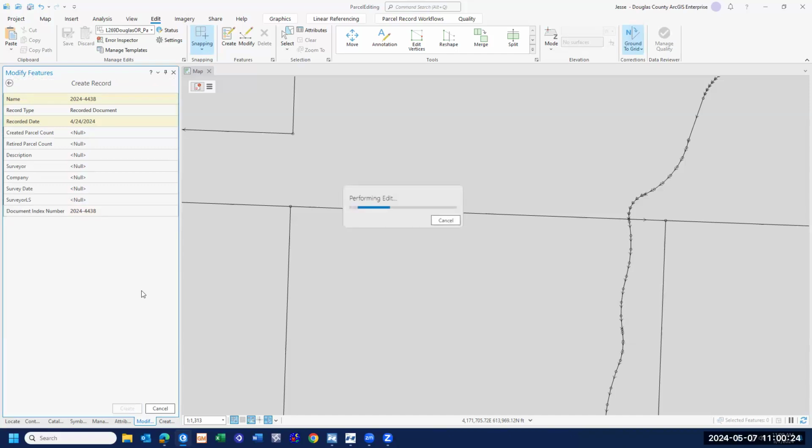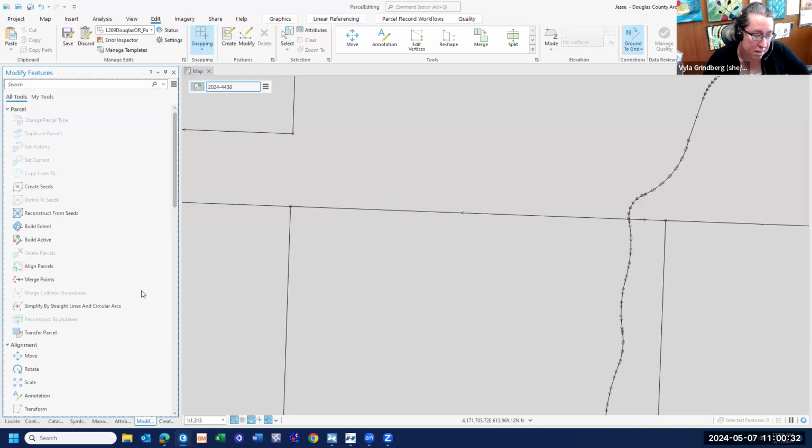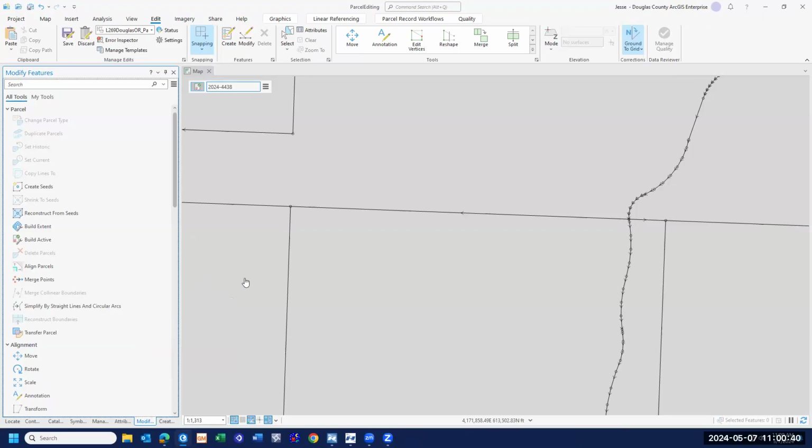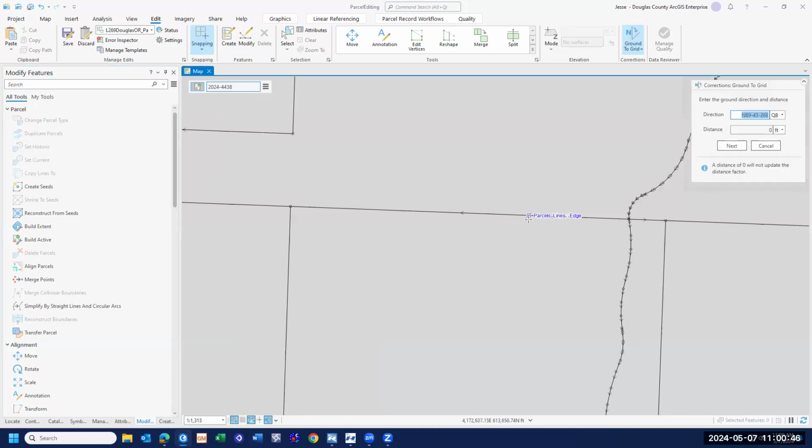So we've created our document, created our record. Oh, I suppose a quick snippet is also this is done in ArcGIS 3.2.2 with ArcGIS Enterprise 11.2. So then the next step would be we're going to set our ground to grid. And this just alleviates having to rotate so much afterwards. So now we're ready to do our